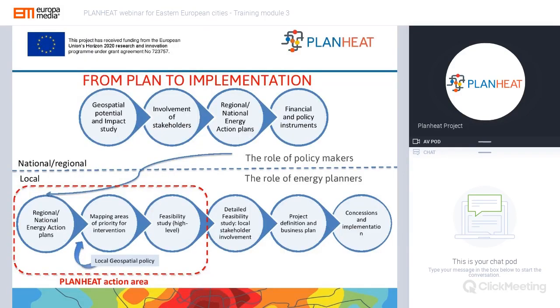So about the PLANHEAT main structure, on this slide, you can see the different steps for achieving that. Here, in the planning to implementation process, PLANHEAT can contribute in different ways.